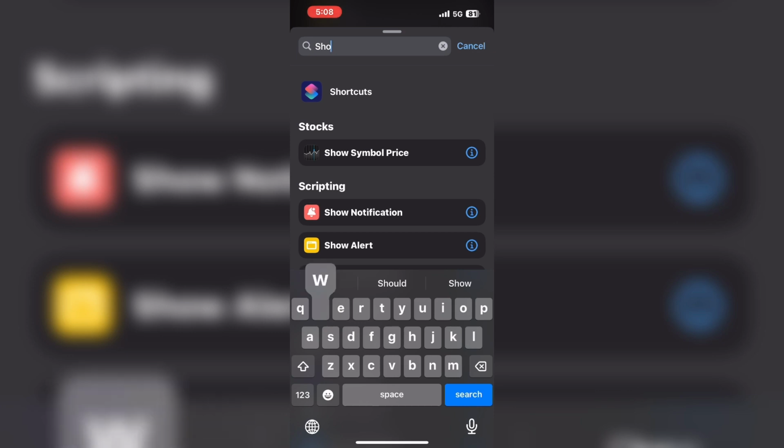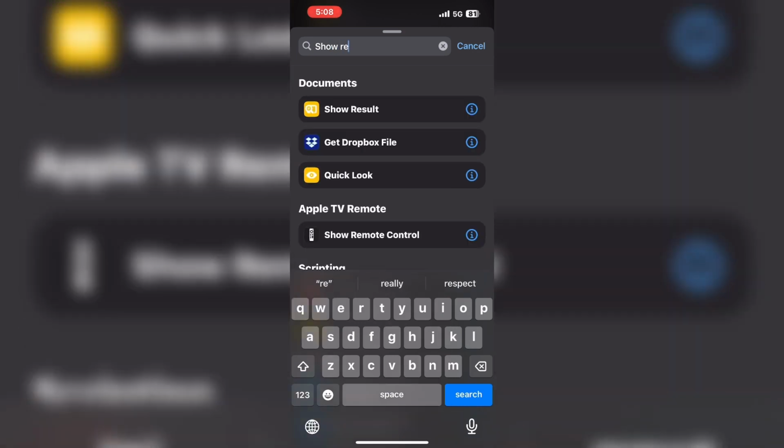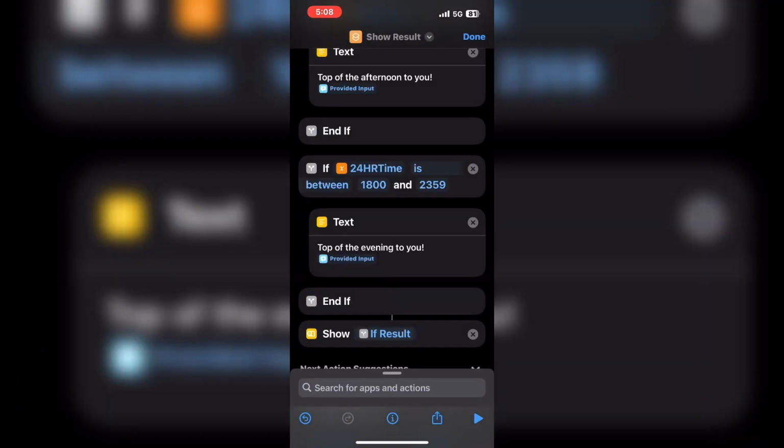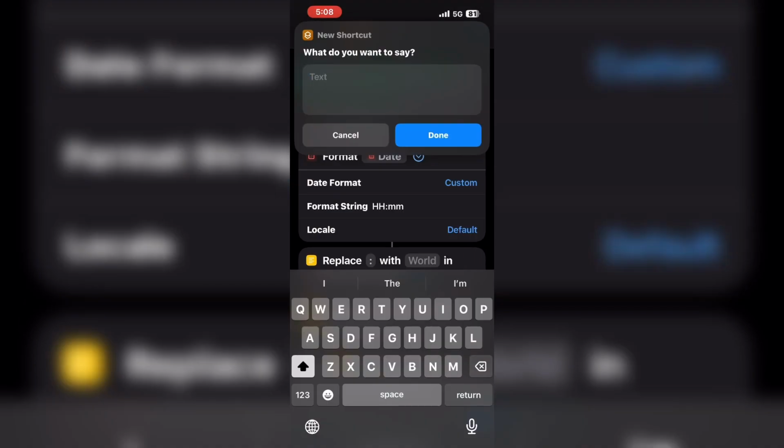Add an action called show results. Type show result into the search field, and it will be added to the bottom of the shortcut as the last action. Notice that as you add new actions to a shortcut, the name changes if you haven't given it your own name. The variable if result is used if we run the shortcut by typing in some text